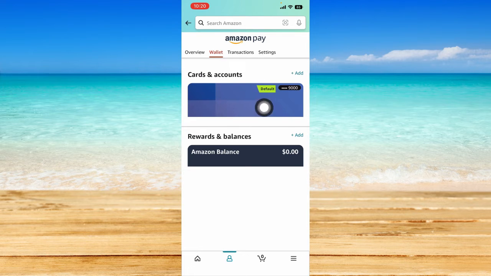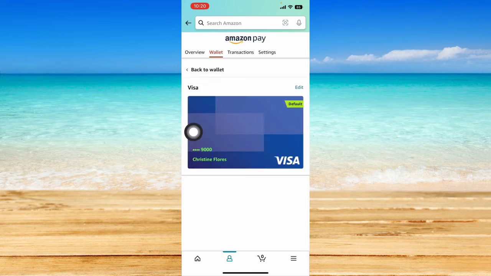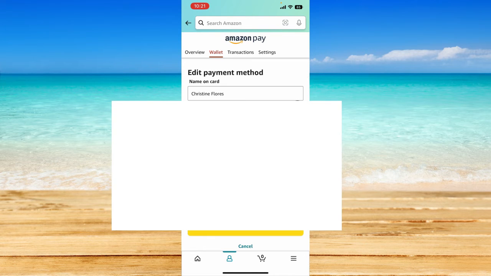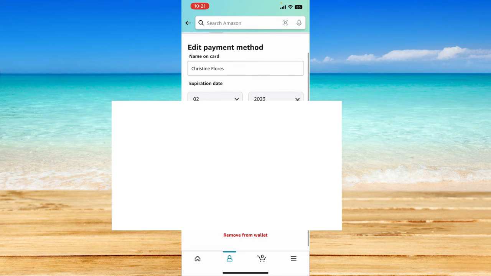So once you are here, just click on this icon right here if you have your card linked. And you should be able to see the card details. And so in line with that is the edit option. So click on edit and scroll down a bit and you should be able to see the remove from wallet